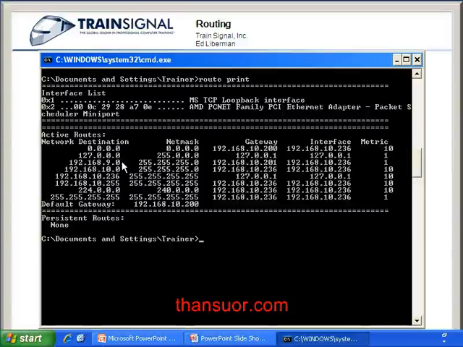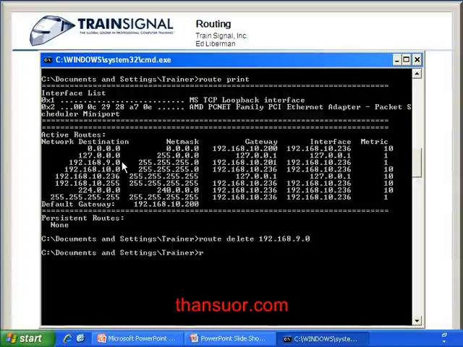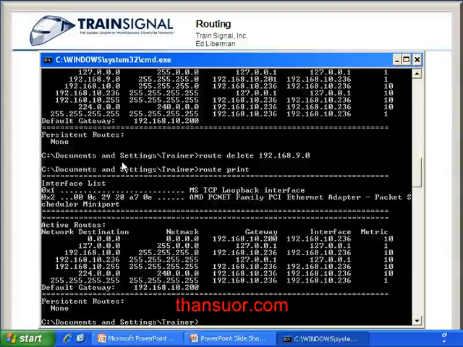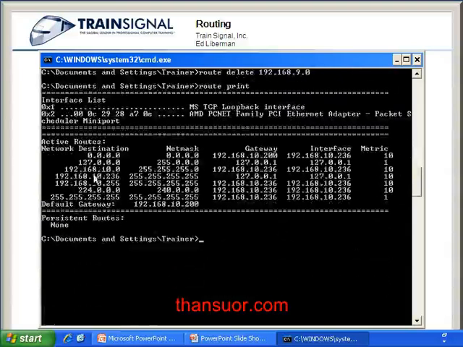If I wanted that route to stay permanently, then what I would need to do is, actually, I'll tell you what, before I add the persistent route, let me show you this. Route delete. That's another route command I'll show you. All I got to do is just put in the network destination I want to delete, 192.168.9.0. If I hit enter, and then route print once again, scroll this up a little bit, you'll notice that that